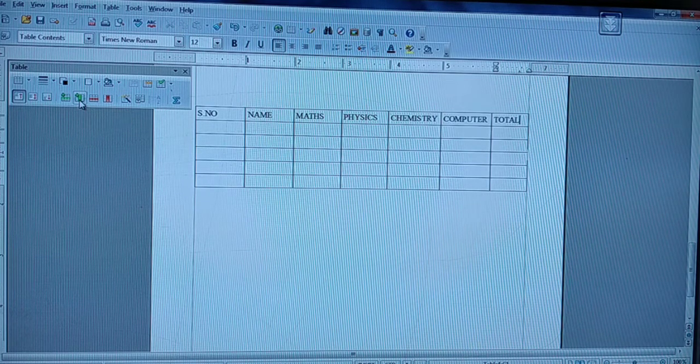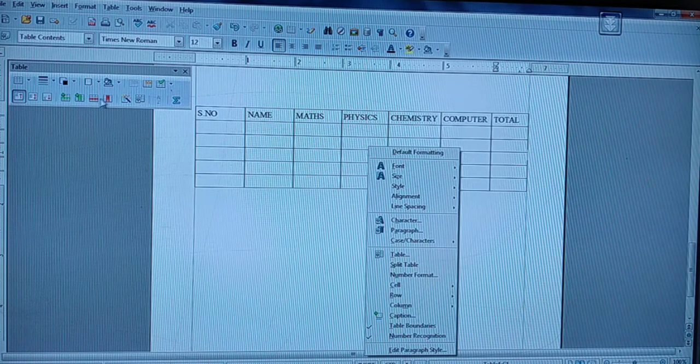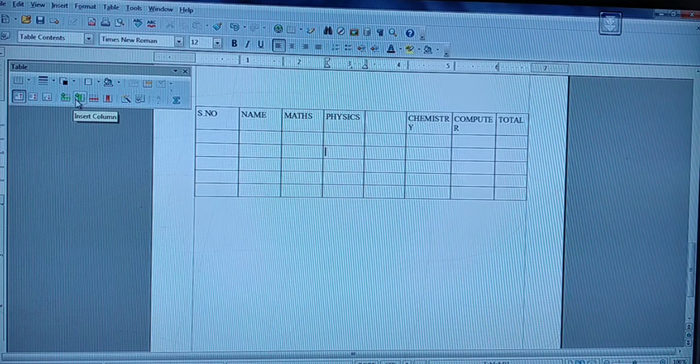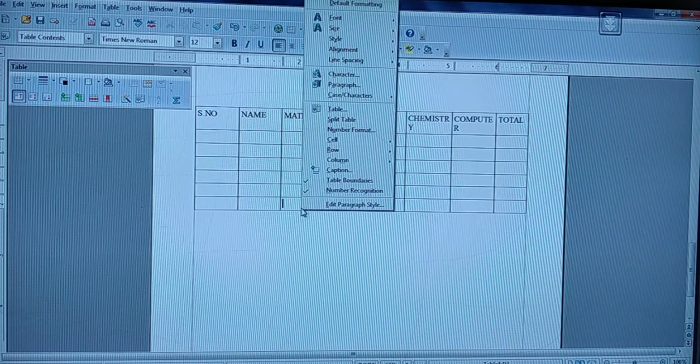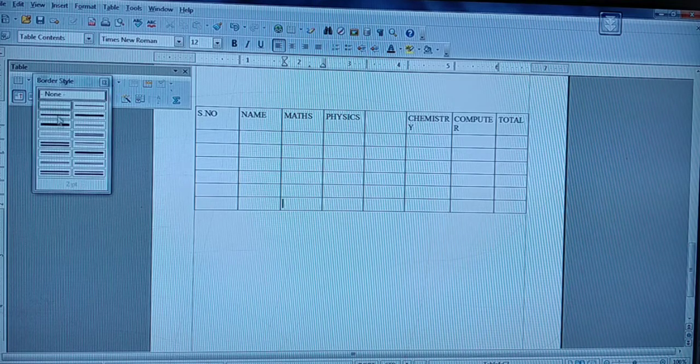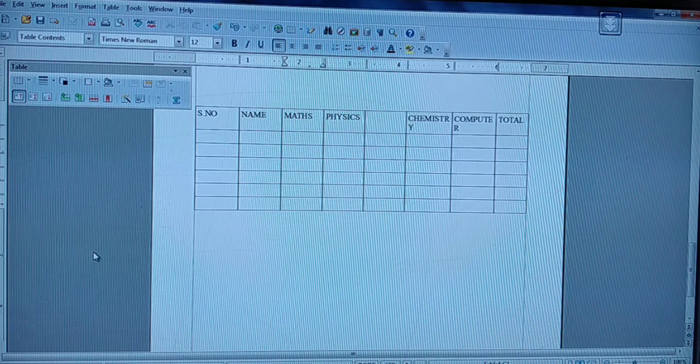So you people see here, instead of moving for right click, proceeding with the many steps, just by clicking this icon, the column, see here, automatically a column is inserted. Similarly, I am willing to insert a row, means I can click it here. See here, yes, an extra row is inserted. So instead of moving for right click from the menu and selecting, for that one, you people can click this. Similarly, what is the line style you people are willing? Yes, you people can select each and everything based upon your need.